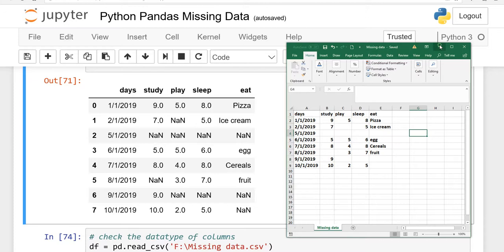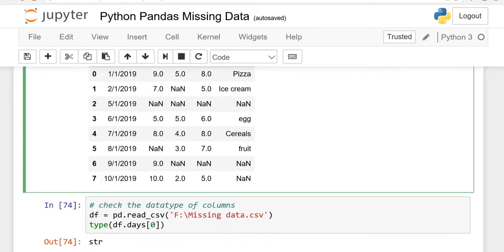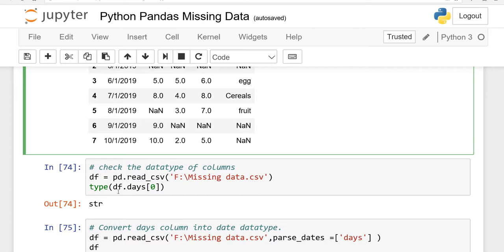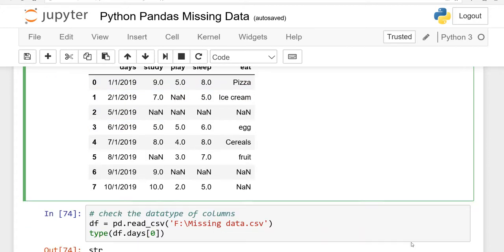If you want to see the data type of all the columns one by one, what you have to do here, I have written: check the data type of the columns. So you have to write type df.days. Okay, the first column is days. If you want to find out the data type of days, you have to write type df.days.